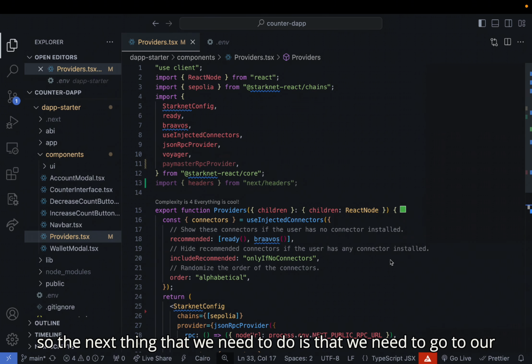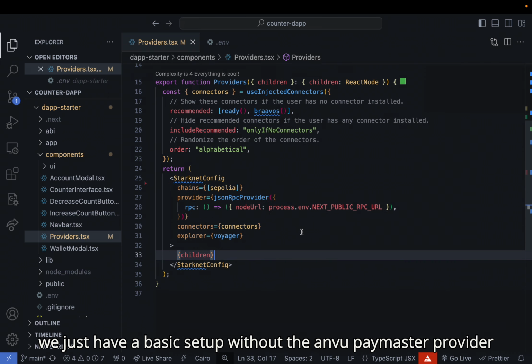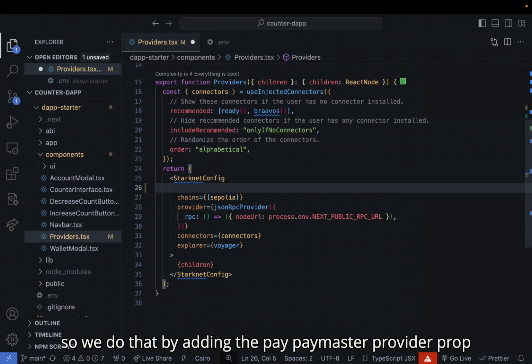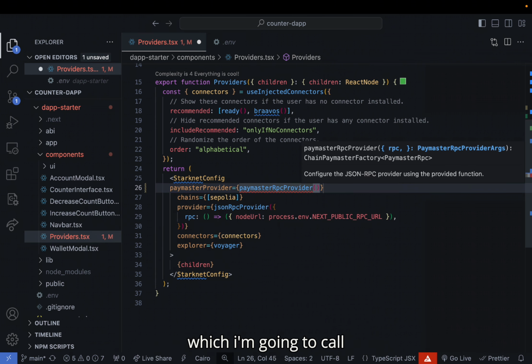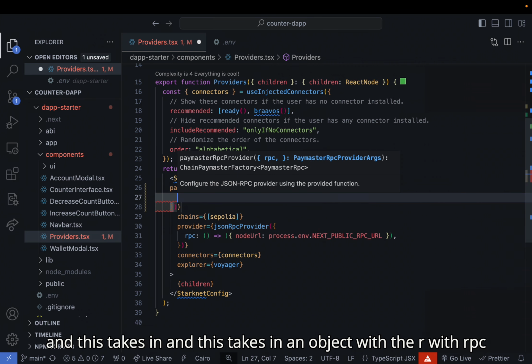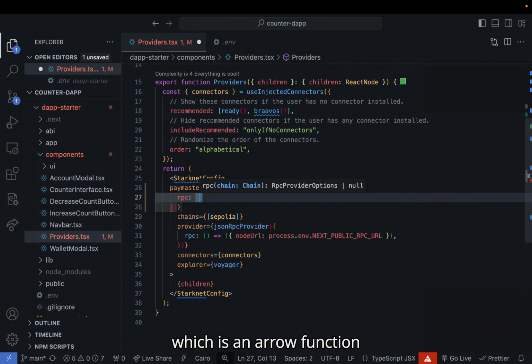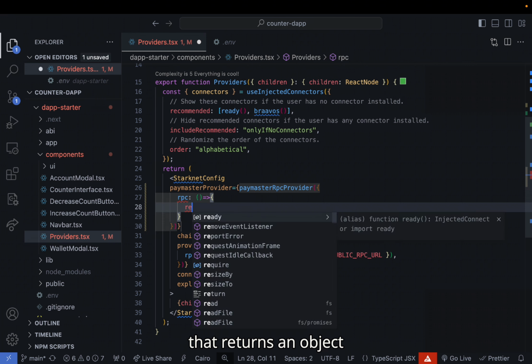The next thing that we need to do is go to our providers component and set up a Paymaster provider. Currently in our providers component, we just have a basic setup without the Paymaster provider in the config. So we just need to do that by adding the paymasterProvider prop. It takes in paymasterRpcProvider, which we're going to call, and this takes in an object with rpc, which is an arrow function that returns an object,